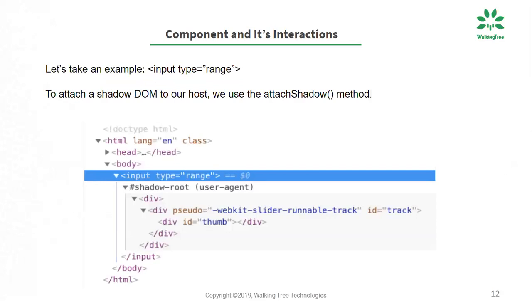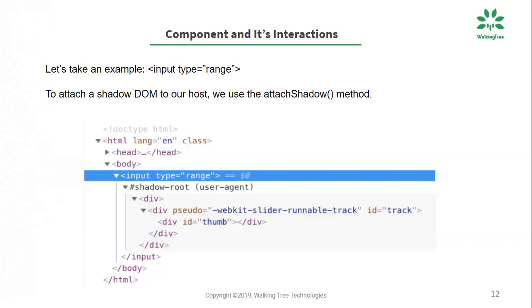Okay, a shadow DOM is a combination of DOM elements which is hidden from the outside document object. So we will not make any changes to the shadow DOM elements. If we take an example, input range, everyone can use input type equal to range, which is one input tag DOM element that we are simply using. But let us go deeper into the implementation